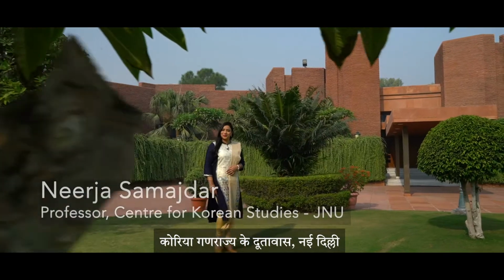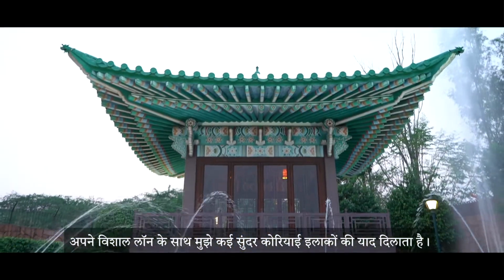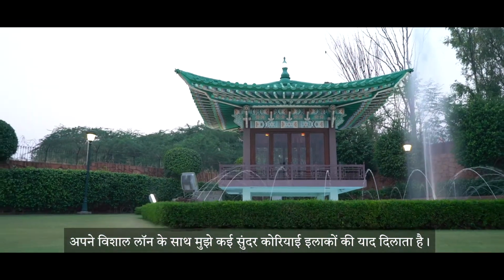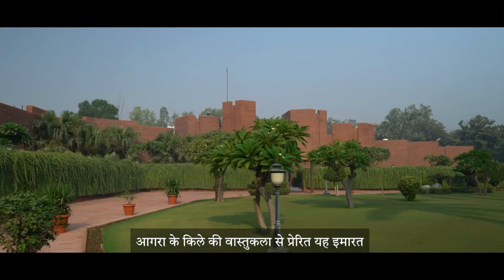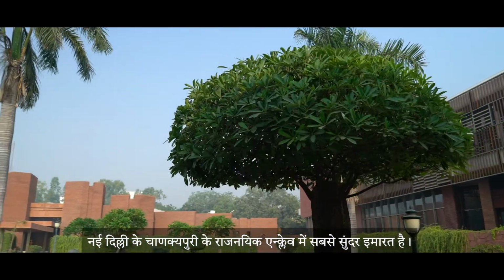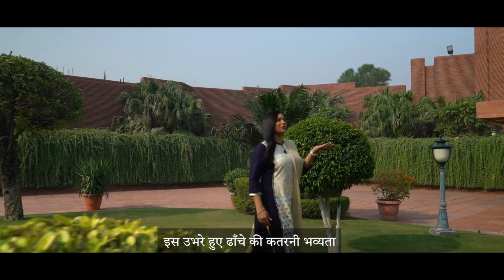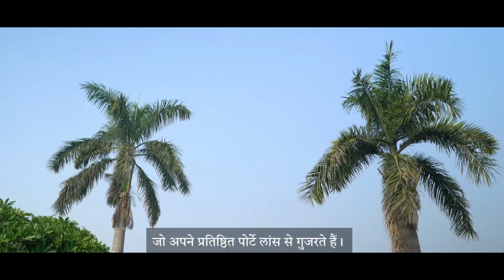The Embassy of the Republic of Korea here in New Delhi, with its rare green and sprawling lawns, reminds me of many of the beautiful Korean countrysides. The building itself, inspired by the architecture of Agra Fort, is the most beautiful building in this diplomatic enclave of Chanakyapuri in New Delhi. The sheer grandeur of this imposing structure catches the eye of everyone who passes by its